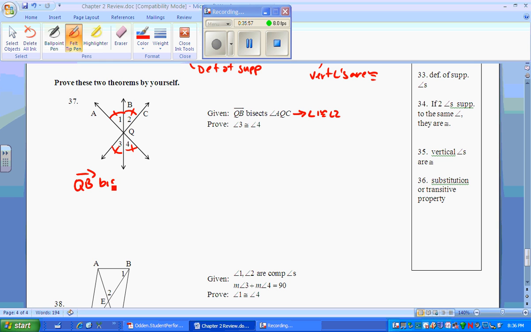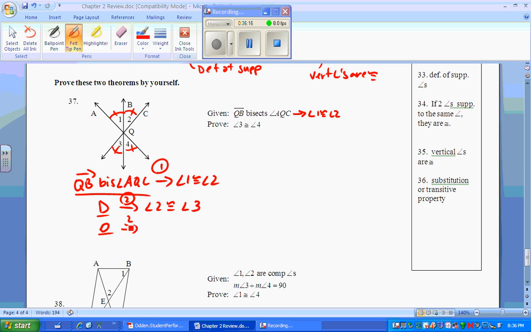Well, you start with QB bisects angle AQC, which gives you, with reason 1, angle 1 congruent to angle 2. From the diagram, second reason, you know that angle 2 is congruent to angle 3. And then you also know from the diagram, same reason, angle 1 is congruent to angle 4. Well, 1 is 2, 2 is 3, 1 is 4, so bracket all these together. Reason 3, you can say angle 3 is congruent to angle 4